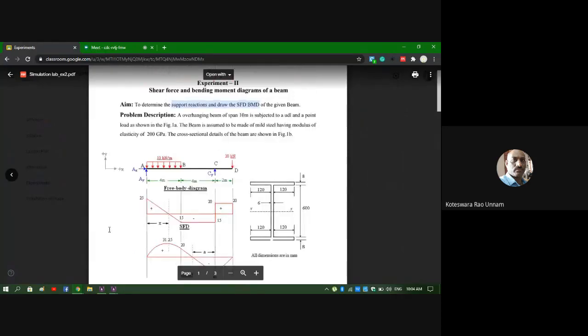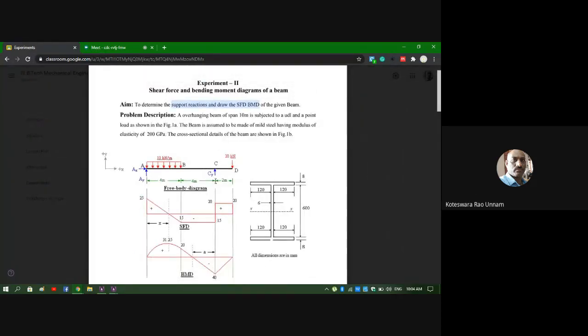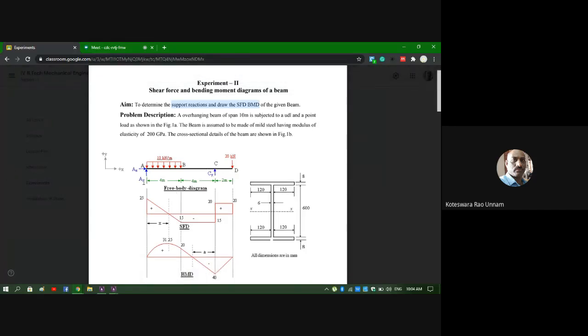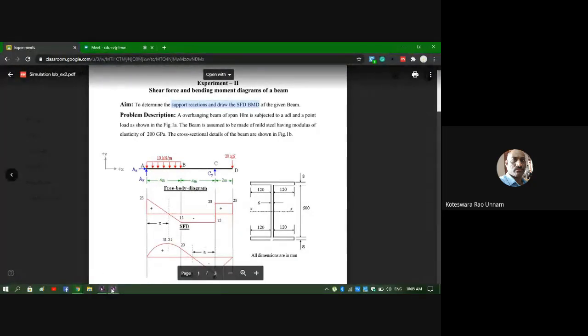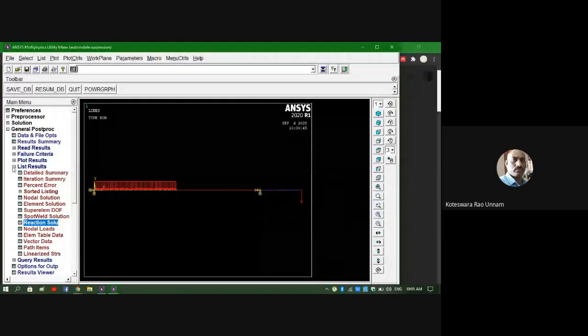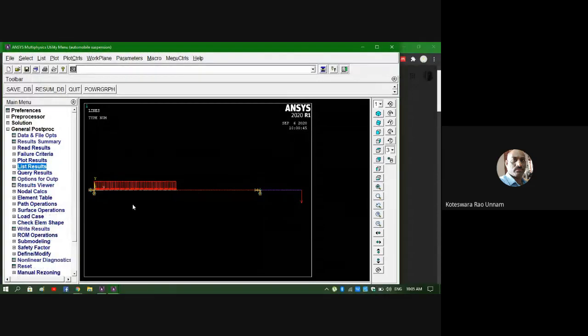From the shear force diagram, actually here it is 25 and here it is 35. We have selected 200 elements. Even with 200 elements we are not getting the exact solution. We are getting 24 point something, but the exact values are 25 and 35. We are not getting even 35 here. So that's why you need to go for more elements for your solution. Okay, so first step is that. I can extract the reaction solution like that. Then to draw the shear force and bending moment diagram, again we need to define the element table.